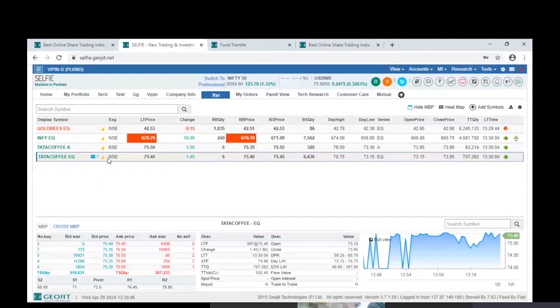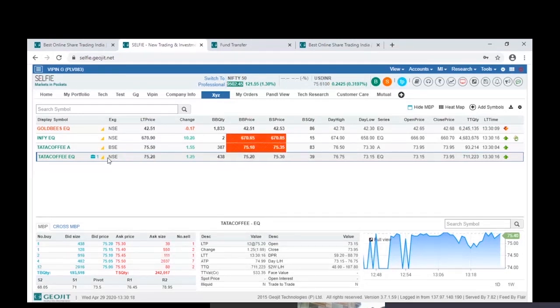So there are two options. One is through the ETF route, that is called Gold BeES, or there are a couple of other ETFs. The second option is through the gold bond route. And one more thing, there are some gold funds like Axis Gold ETF and HDFC Gold ETF.